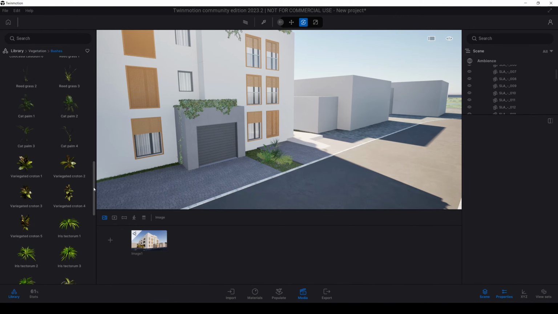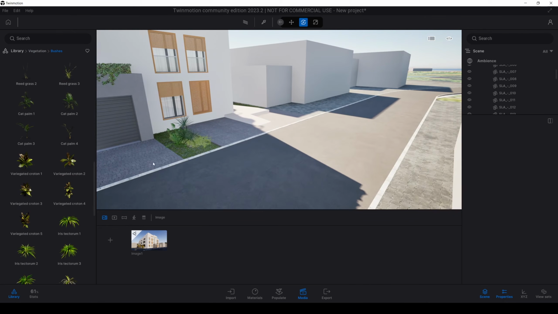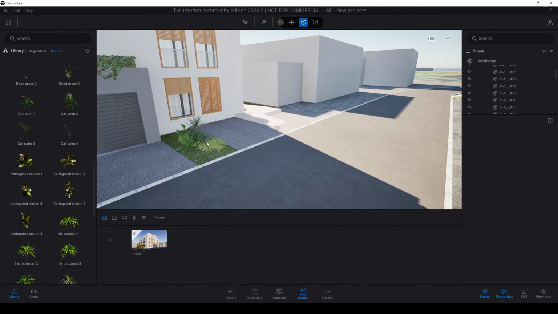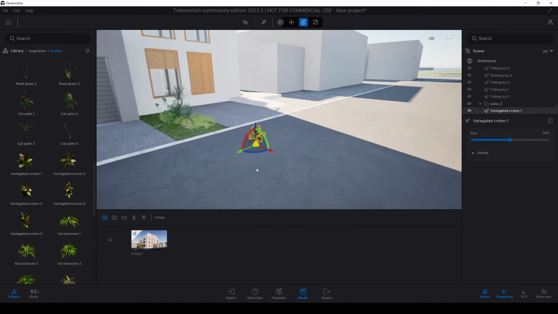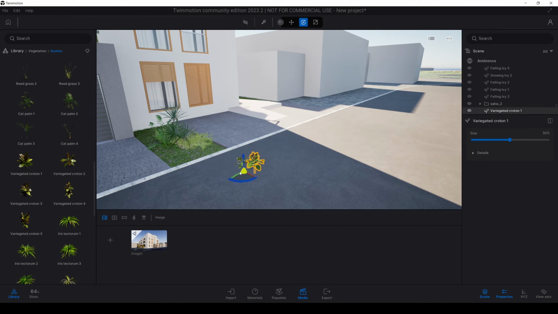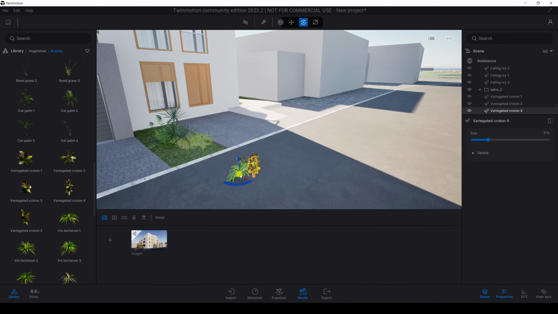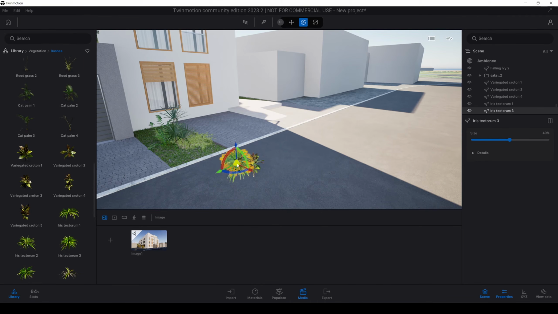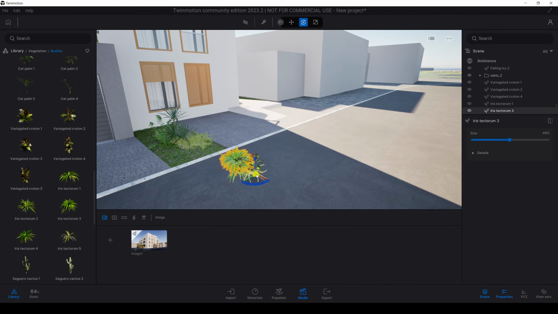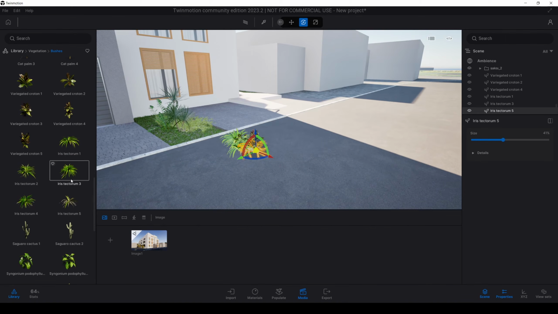Here we have very nice models for bushes for this combination. You can just drag and drop and make a bunch, something like this.